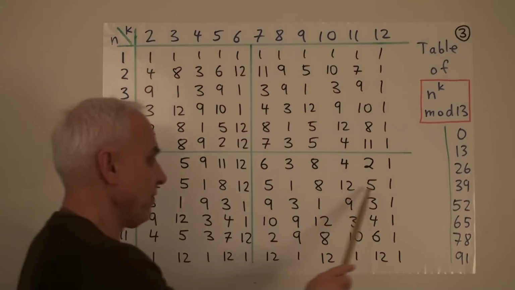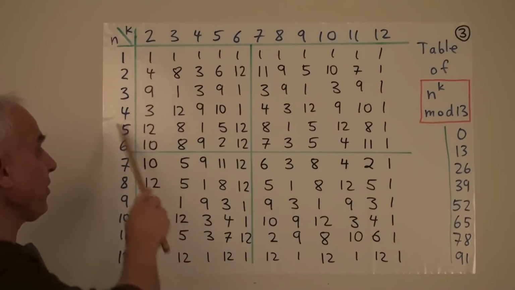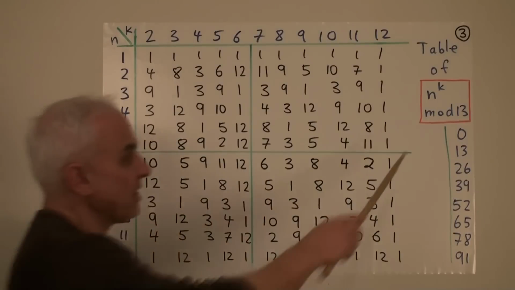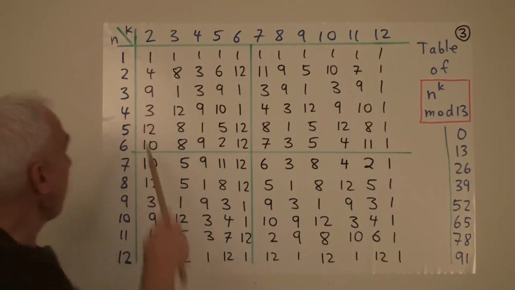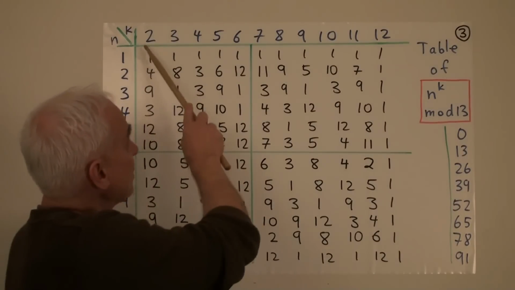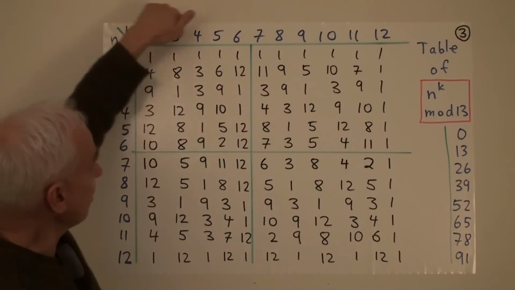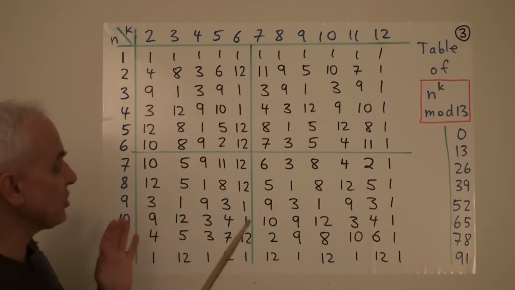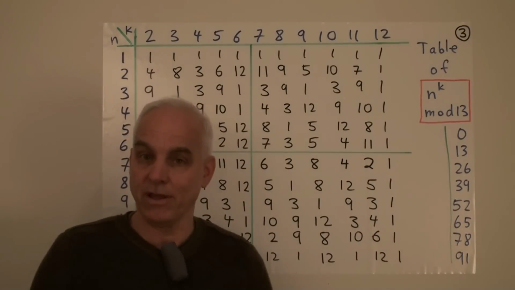Here are the powers of 8 that we basically just had a look at in the previous slide, but powers of all the other numbers modulo 13 as well. So we're doing arithmetic here, mod 13. This is a table of n to the k, where n is one of the numbers from 1 to 12, and k is a power, starting with essentially 1, and then 2, 3, all the way up to, say, 12.